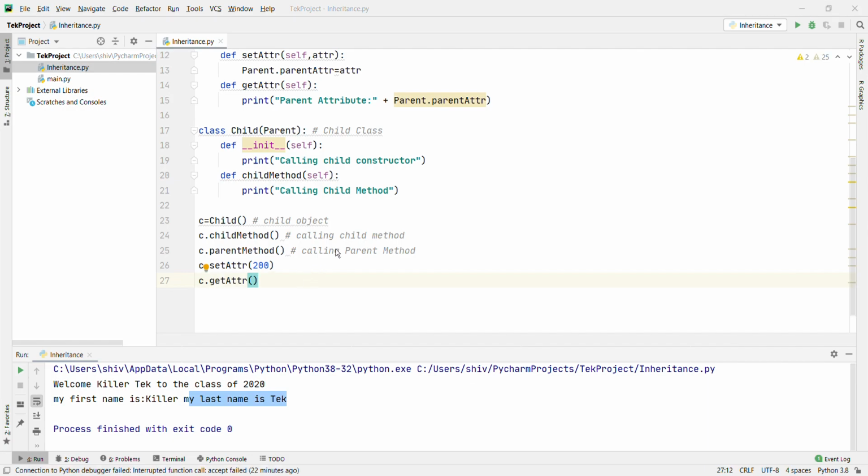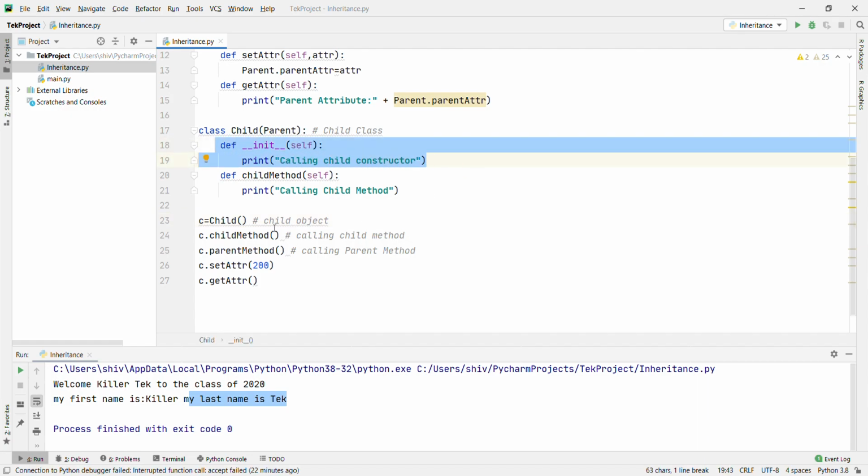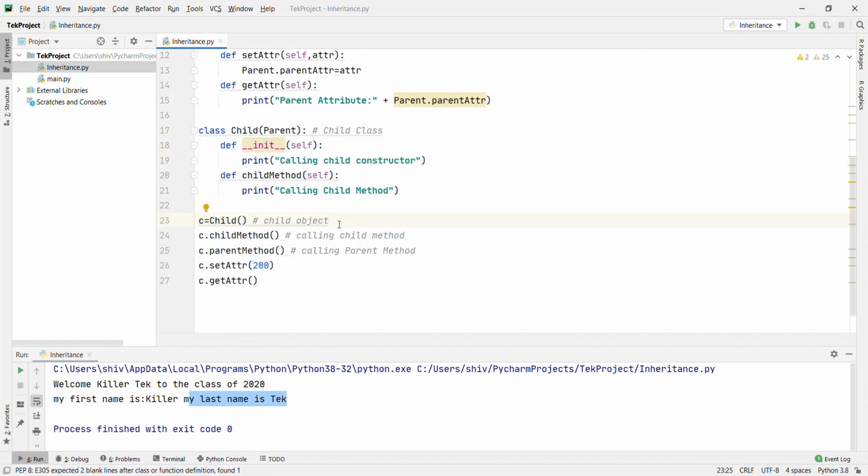What will happen here? It will first create the child object, then call the child method. Before that, when you set this one, it will call this by default. Then when you create a child object, it will print "calling child constructor".